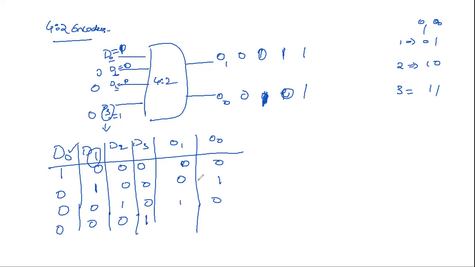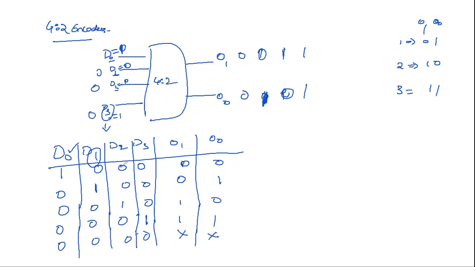D3 binary value is 1, 1. So we are writing 1, 1 here. Okay, this is the truth table. Now observe here, when all inputs are 0, what happens? When all inputs are 0, the encoder doesn't work. So we don't know the output, so I am putting don't cares. We don't know the output because the encoding process does not happen. Okay, output is don't care.